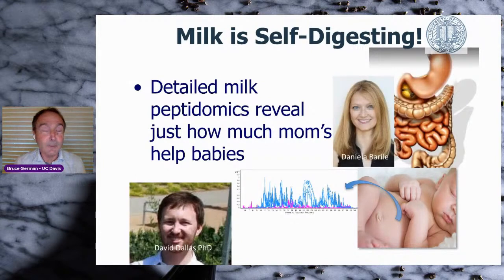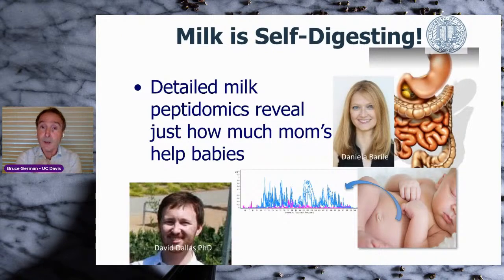What was interesting is babies don't have those enzymes. Where are the enzymes coming from? Well, lo and behold, they're in the milk. Milk is basically self-digesting. The mother provides the proteins and protease enzymes to help the baby to digest. So what we realized from that is you have to be able to get, in essence, breast milk into premature